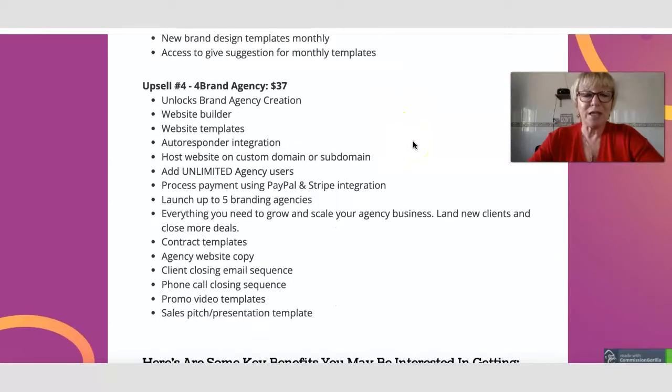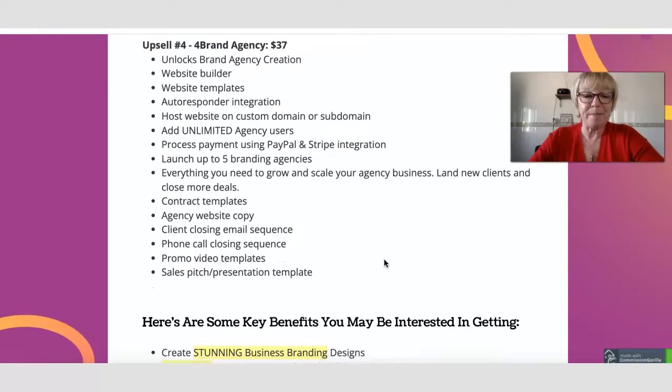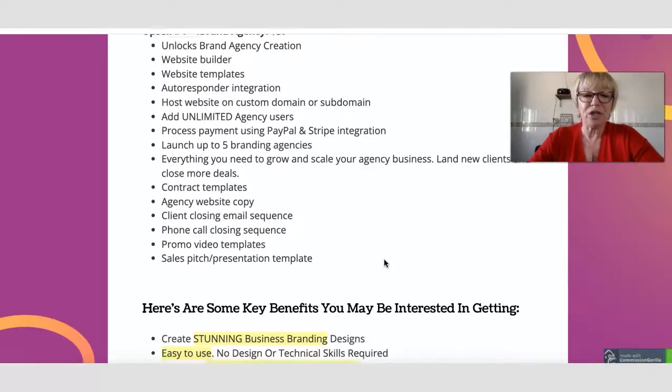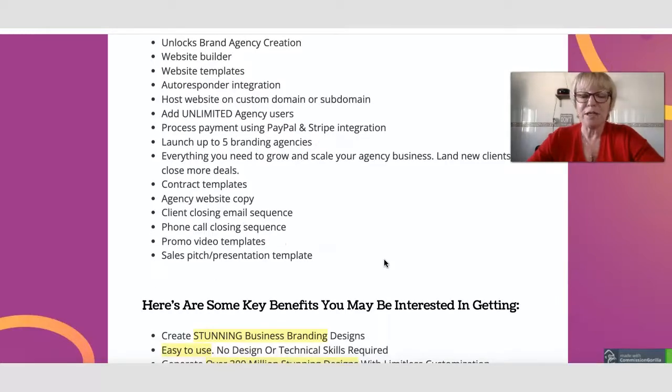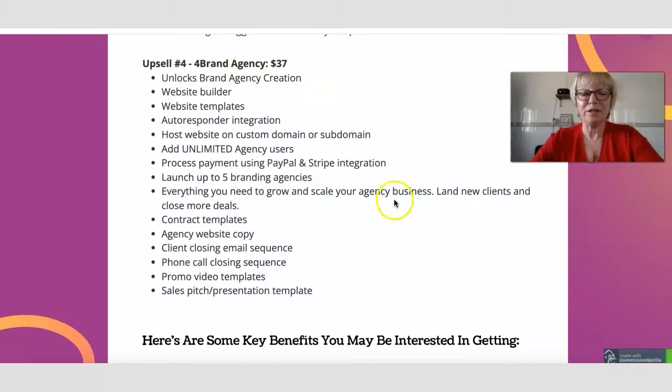Upsell number 4 is the brand agency, $37, unlocks brand agency creation, which is a website builder, website templates, autoresponder integration, and host website on custom domain or subdomain, unlimited agency users, process payments from PayPal and Stripe integration, and launch 5 branding agencies. So that is a massive amount of information in that one for what you can do for basically that upgrade,